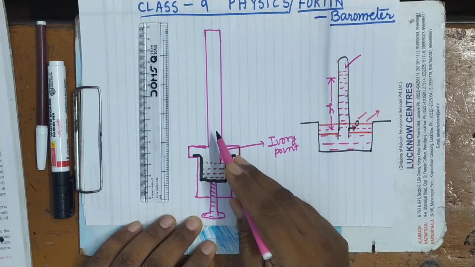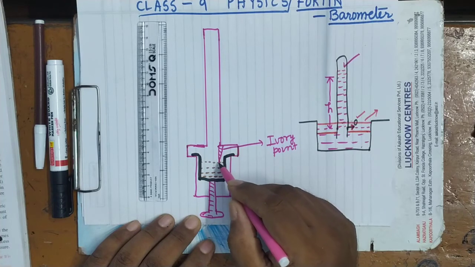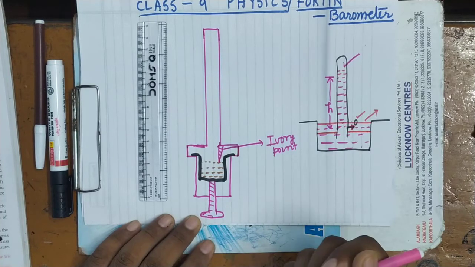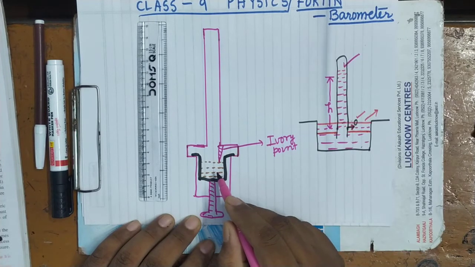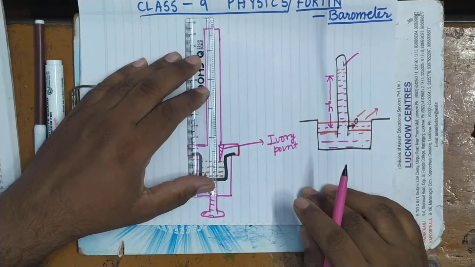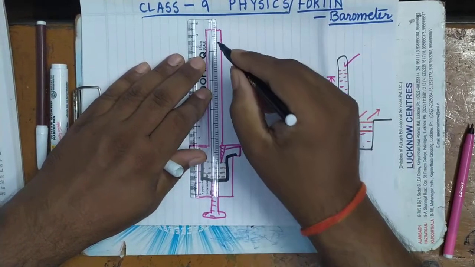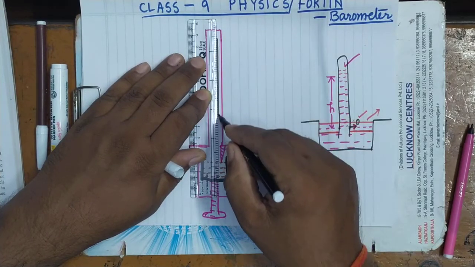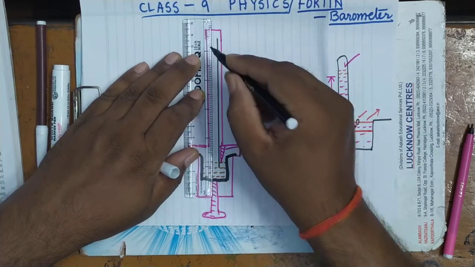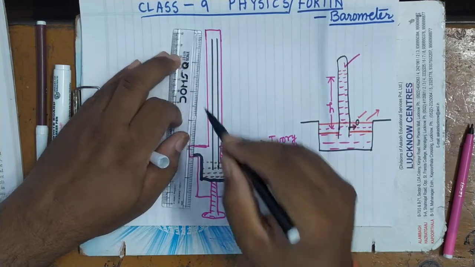or move from trough to the tube, what will happen? There will be a separation between the tip and mercury level, or this tip will be immersed inside the mercury level. Two things will take place. When mercury is flowing, first I will show the tube here. This is a cylindrical glass tube about 90 centimeter in length. It is just like the simple barometer. It is filled with mercury, and then its mouth is closed with the help of the thumb, and then it is immersed in this.